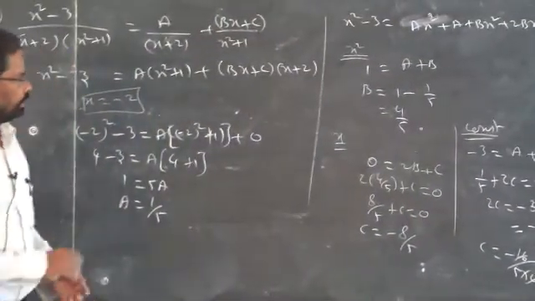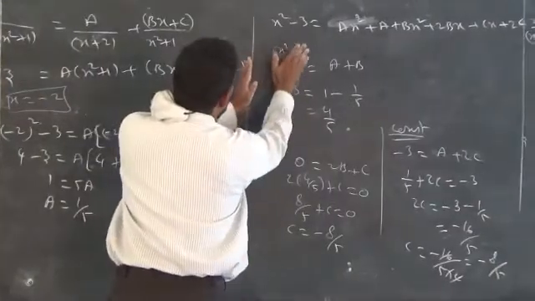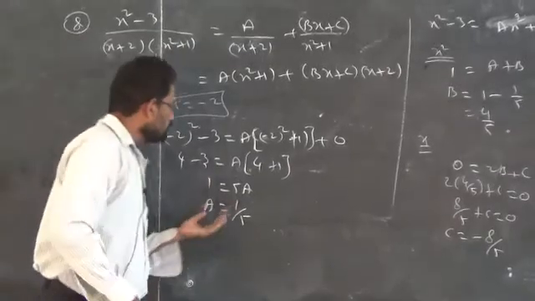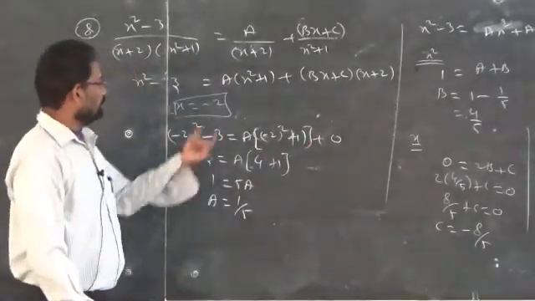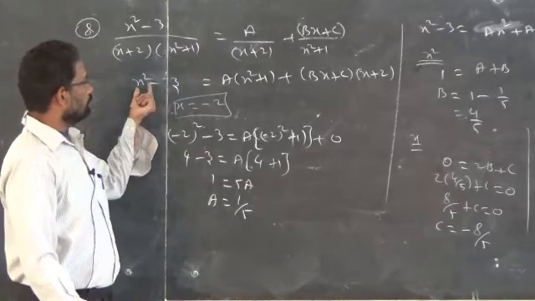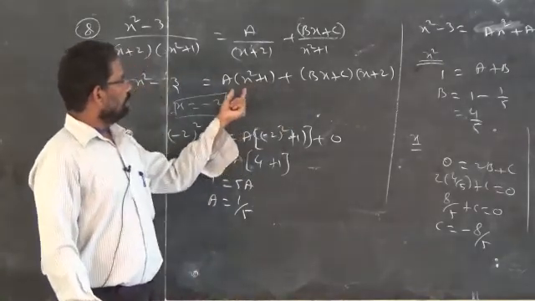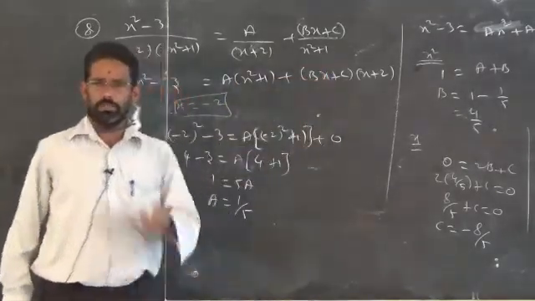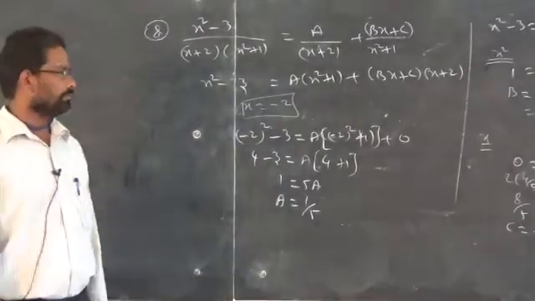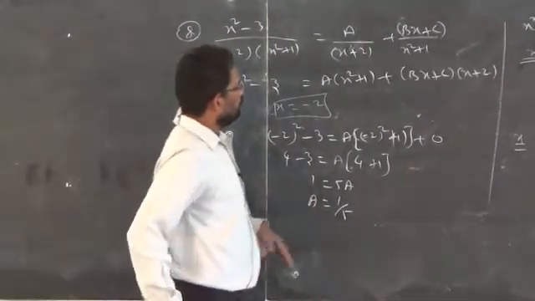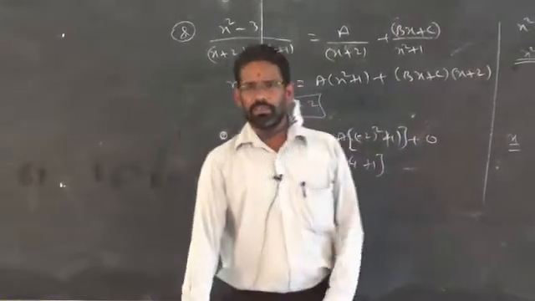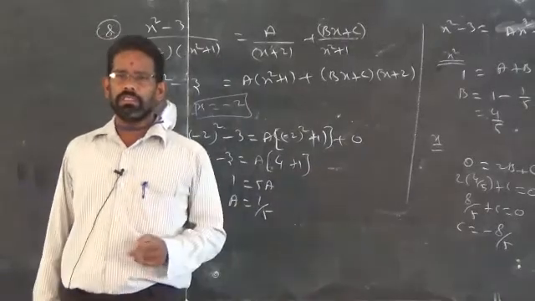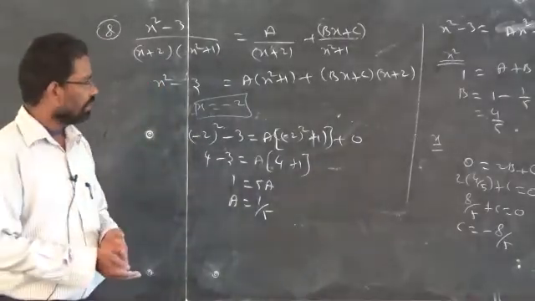Without comparing the coefficients of x square, x and constant, you will get the same answer. How? By replacing x by any number other than minus 2. You replace x is equal to 0. So you will get an equation in terms of a and c, because when you replace x by 0, b will vanish. You will get one linear equation with a and c. Then if you replace x by 1, you will get a, b and c. There you replace the value of a, and you will get again an equation in terms of b and c. Then you can apply the elimination method, you will get the same answer.